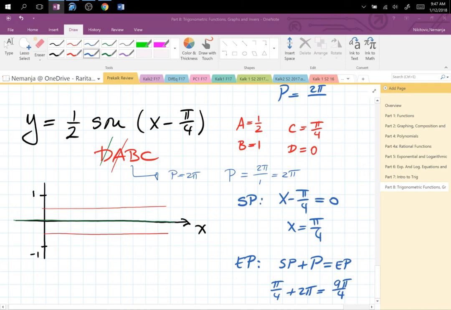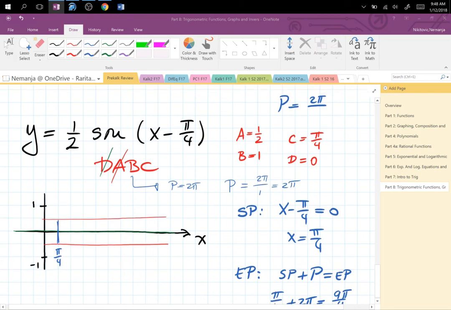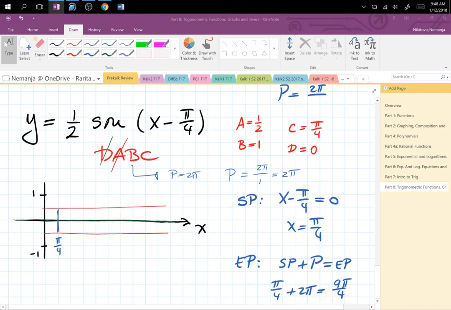No one said that you have to partition your x-axis in pi's. You can partition them in pi over 2s, in pi over 4s, in pi over 12ths, whatever the problem requires. So I'm going to start my green line over here on the right, and I'm going to label that as pi over 4. And all I'm going to do now is put 9 tick marks to the right to get